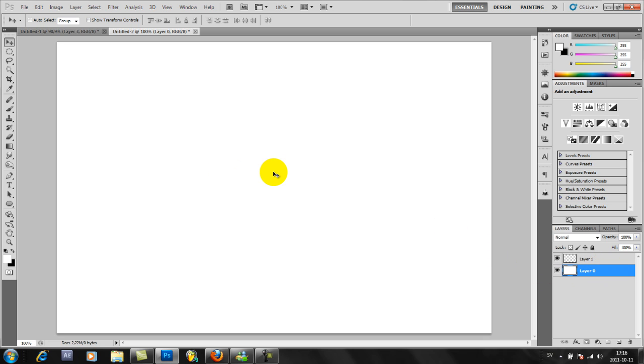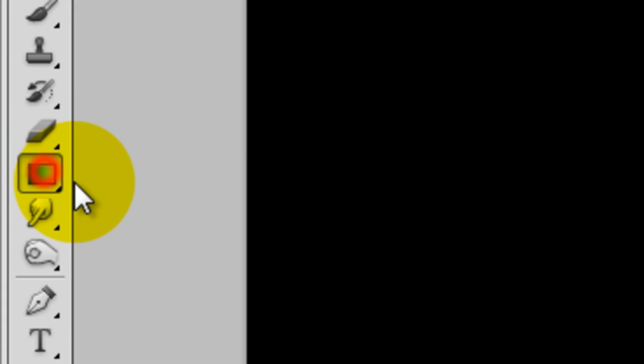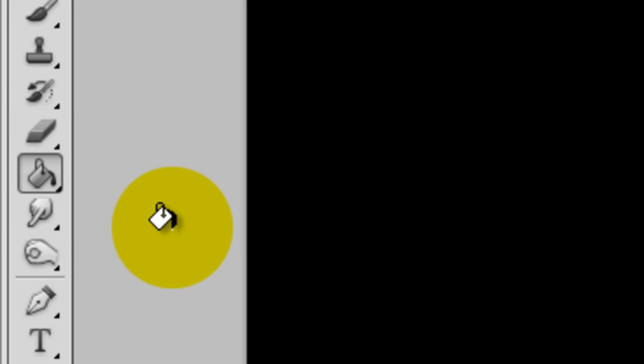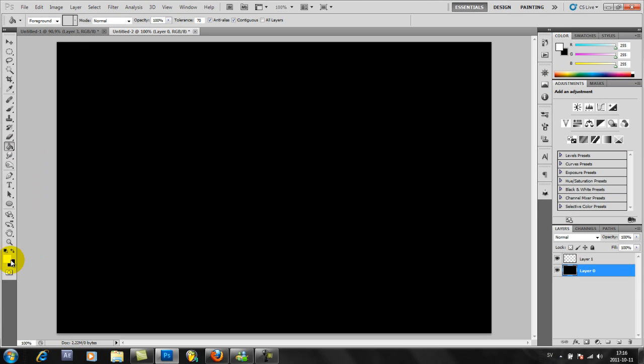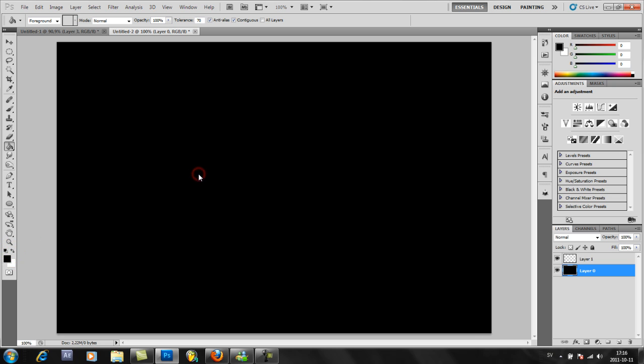Select the first layer, and then you can hold Control and Backspace. There we go. Or if you have problems with that, you can click this paint bucket tool, and it's G if you wonder. So press G and you will get the paint bucket. Select the color you want. Here we go, white. We can switch to black, and it's black. Go back to the cursor tool, or whatever it's called,